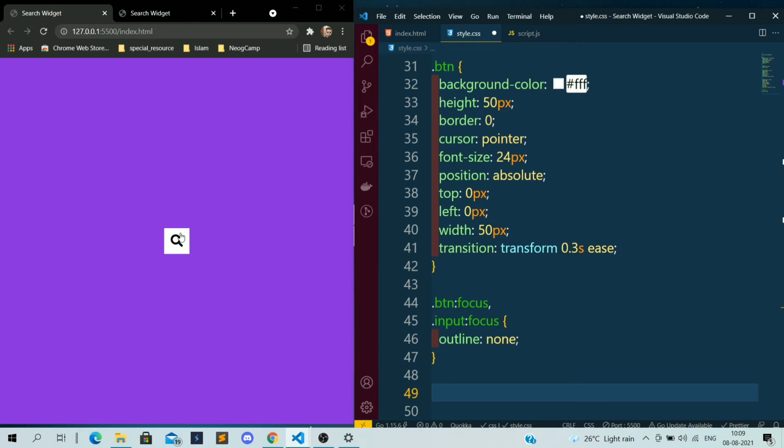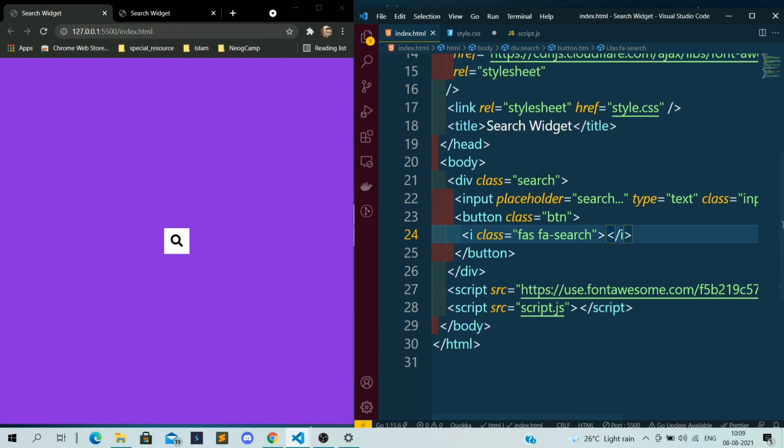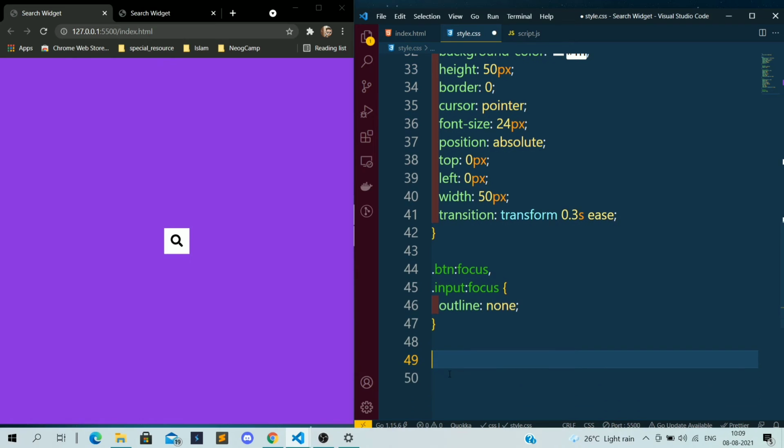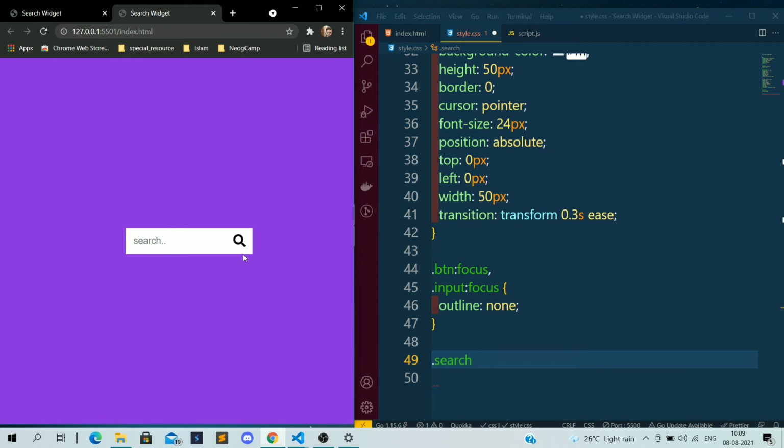Now what I want is, if I click over the search icon, I want to add a class of active. So I want to add a class active here. If I manually add it, and if I apply the CSS for this active class, then you will see here. What I want is, if the active class is there, I want to increase the width of the input, correct? If you see the end project, upon clicking over this search icon, this input width will increase. So for that, I have added the class active.